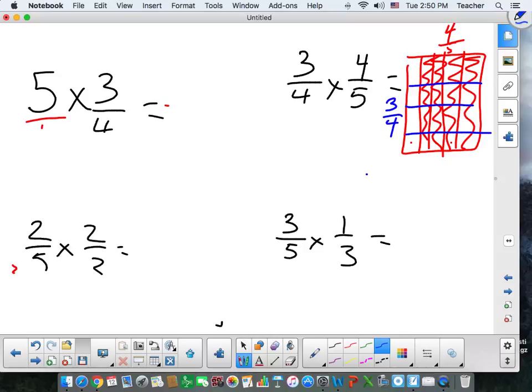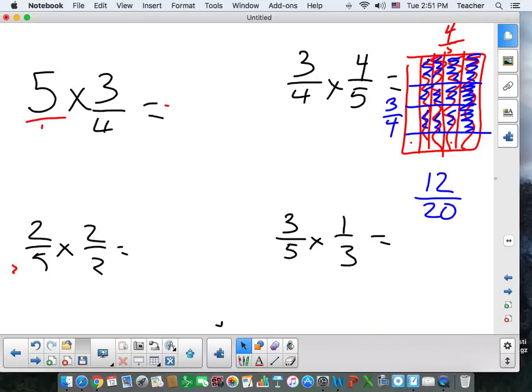I just showed them this. 3. That's not a bunny rabbit with an extra ear. That is 3 fingers up. So, 1, 2, 3 out of 4. 1, 2, 3 out of 4. That is your 12/20ths. But if you want to see how that becomes